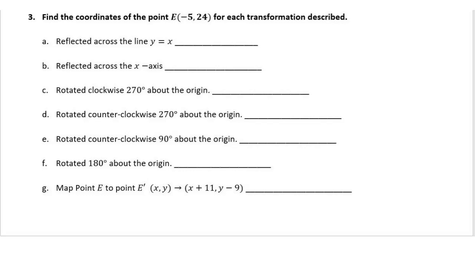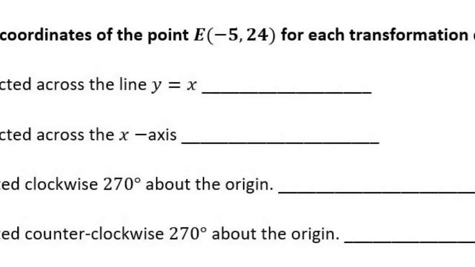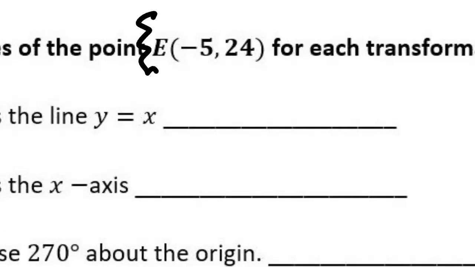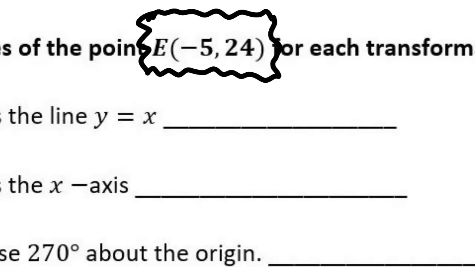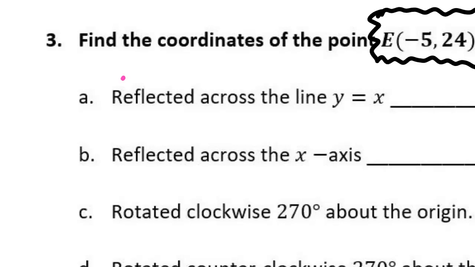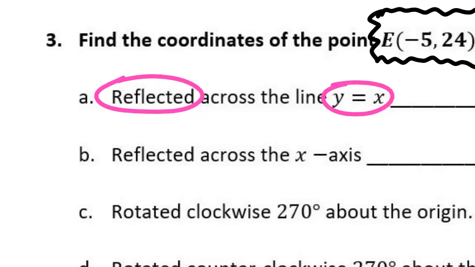We are going to start with point E, this guy right up here. Every single part of this starts from this point. So we're always going to go back to point E, and then we're going to do whatever transformation they have for us in these different questions. Like in part A, we are reflecting across the line y equals x. When you see just a y and an x, and an equal sign in between them,